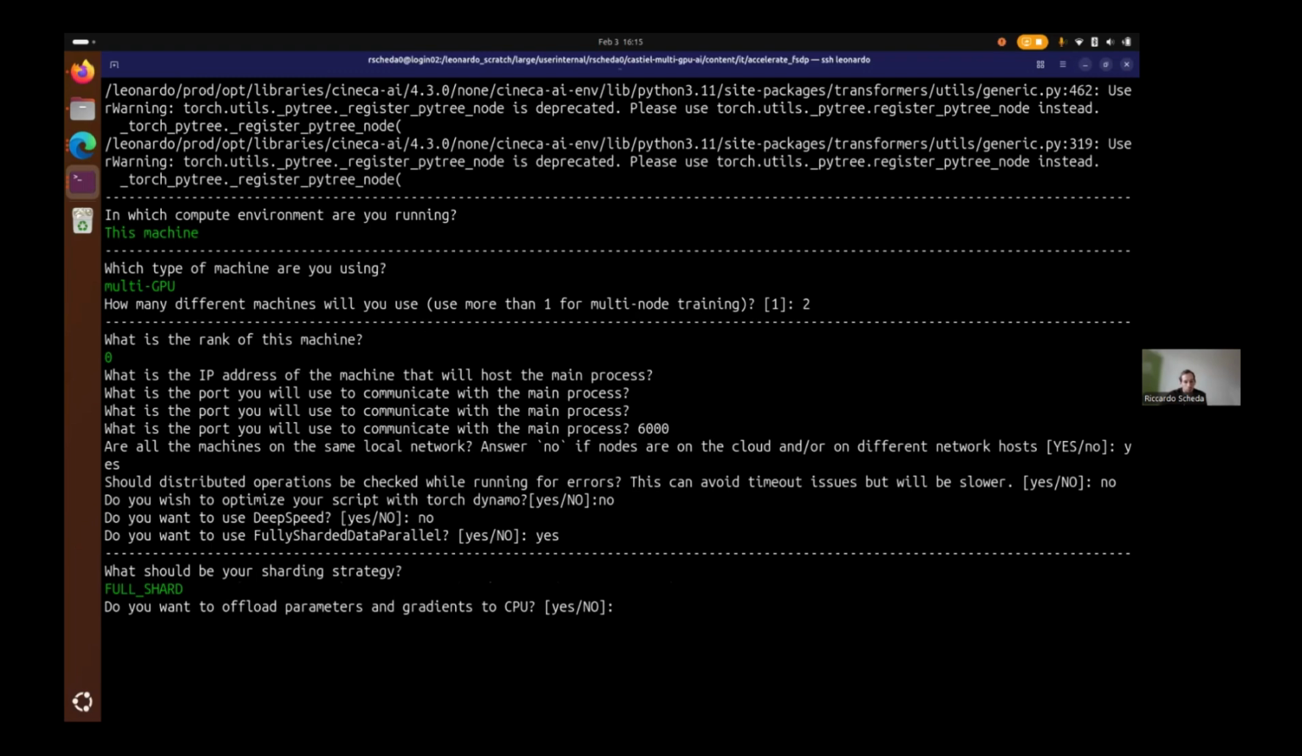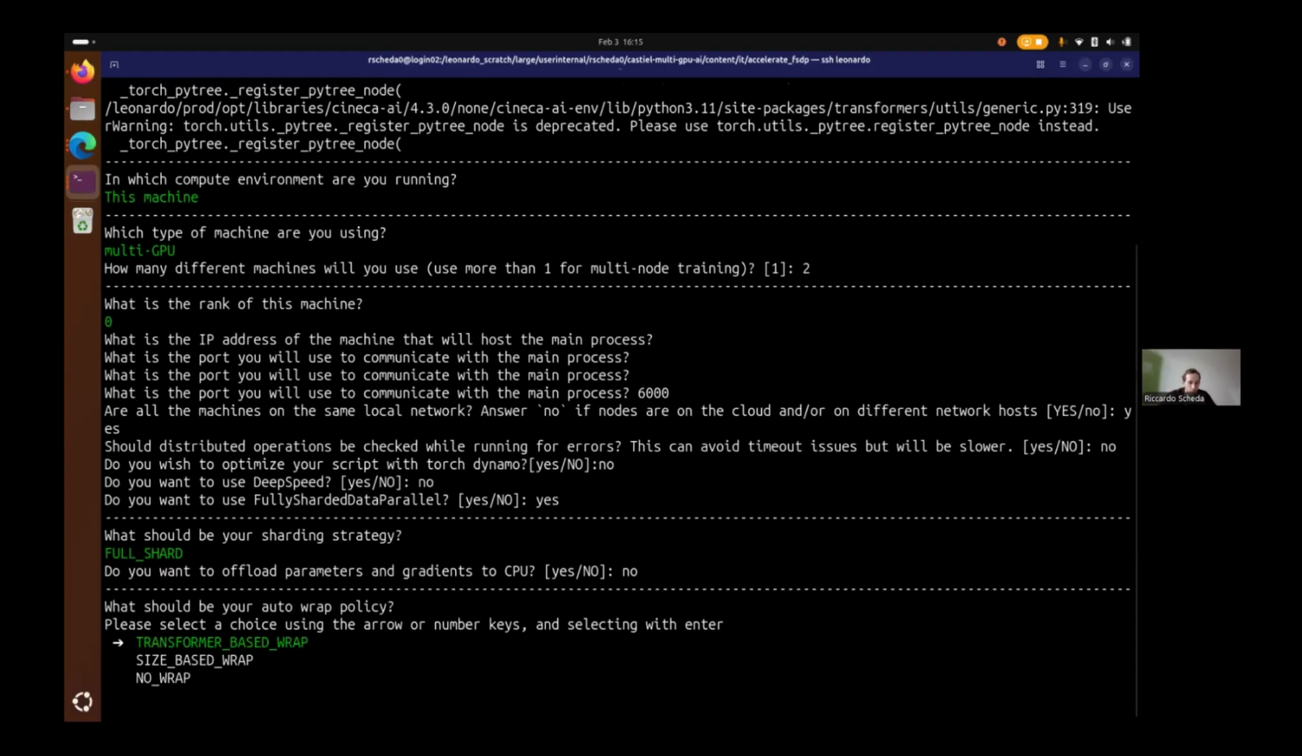Do you want to offload parameters to the CPU? No, I think this is a problem of memory, in which if you want to save more memory, you have to say yes. It depends on the different cases, but here I think no, it is enough. We will use the